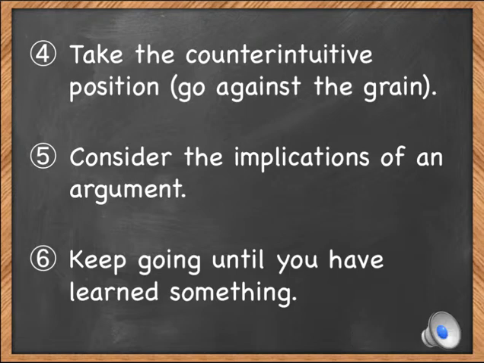Step 4, take the counterintuitive position. That means go against the grain. If you're writing about economic and moral progress, again, everybody is going to say that economic and moral progress aren't the same things. Can you think of a way to say that they are? Can you think of a way to say that economic progress really does drive moral progress? If you can think of a way to say that and say it convincingly, you're going to instantly set yourself apart. And if you instantly set yourself apart, you're going to be graded on a whole different standard than everybody else is graded on. So if you have what looks like an obvious topic or a topic with an obvious answer, find a way to take the other side.